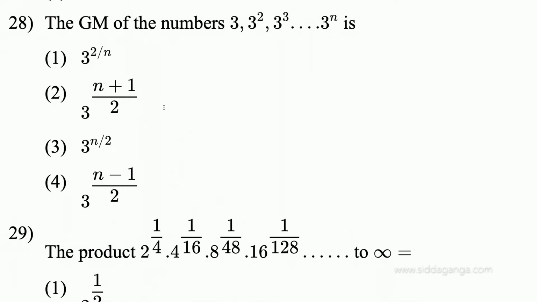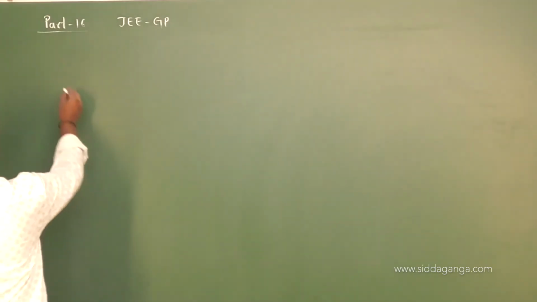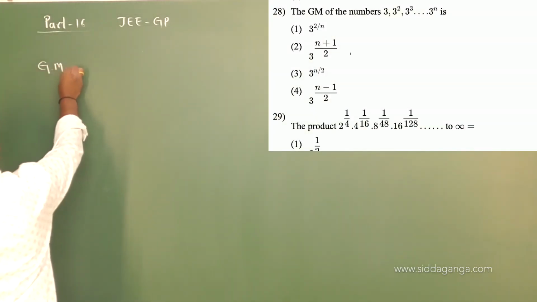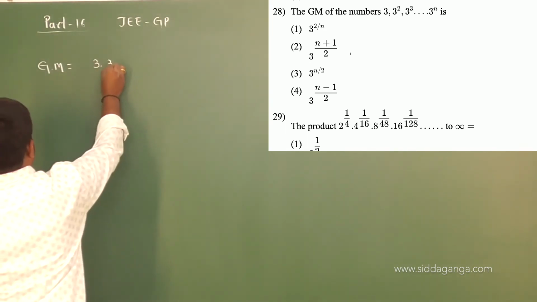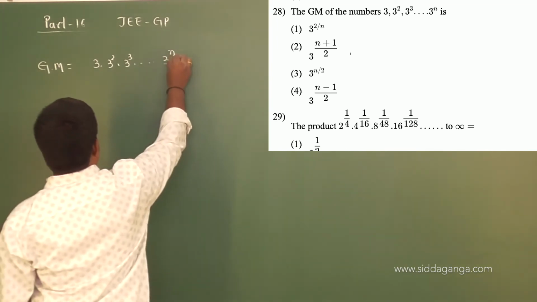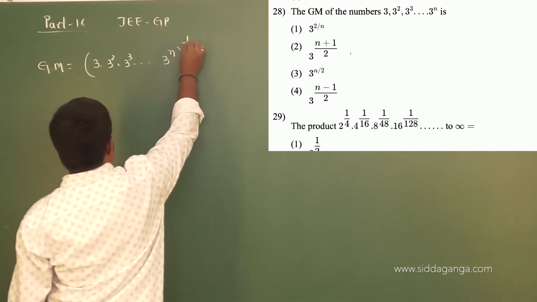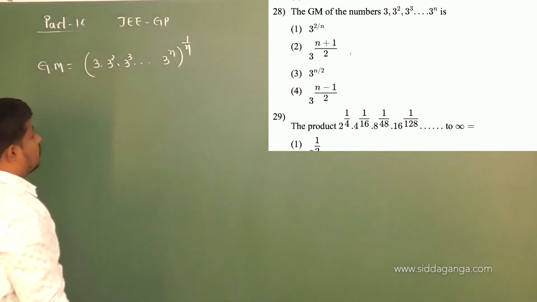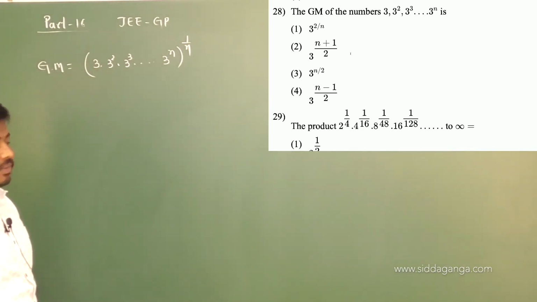Yes, the same type of question we have seen just before. The geometric mean of the numbers. Yes, the geometric mean of the numbers is what? It is the same as the 26th one, I think, right? 7 into 7 square and so on. Here we have 3 into 3 square into 3 cube and so on, so the geometric mean is 3 power of n, whole power of 1 by n. This is your geometric mean for n terms of a geometric sequence.